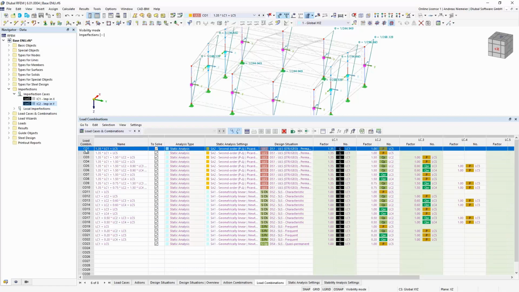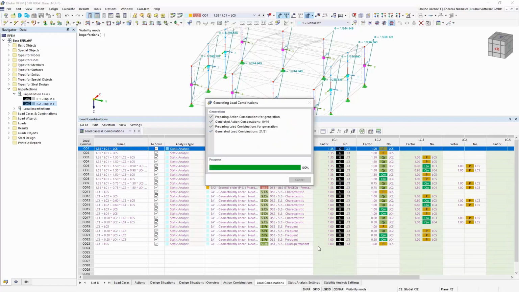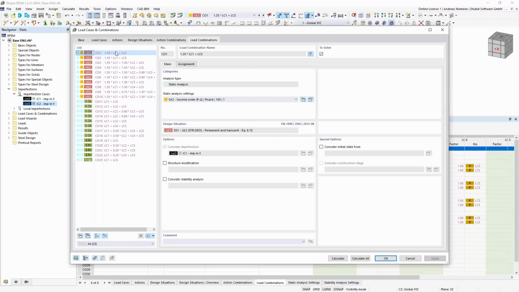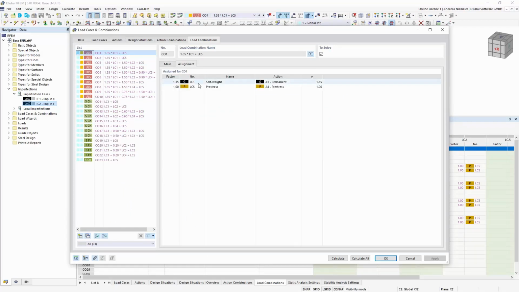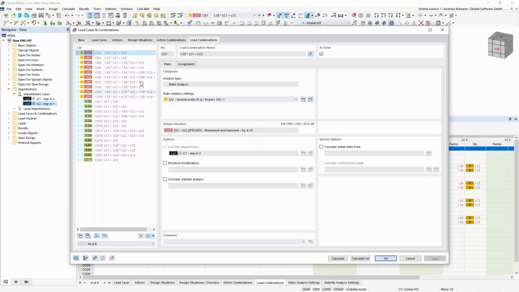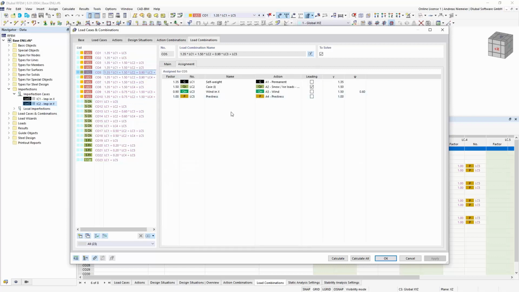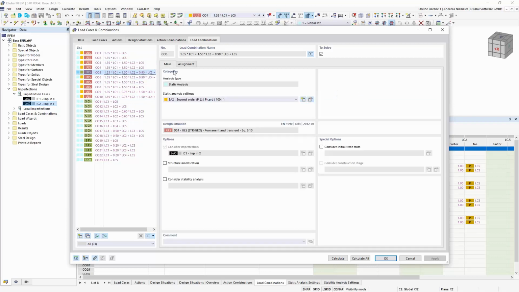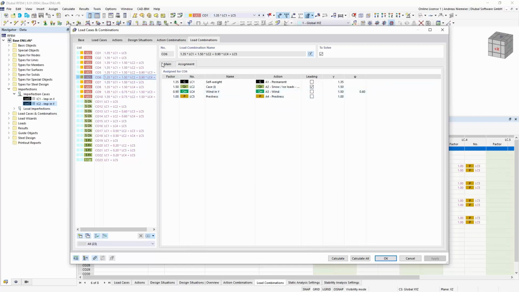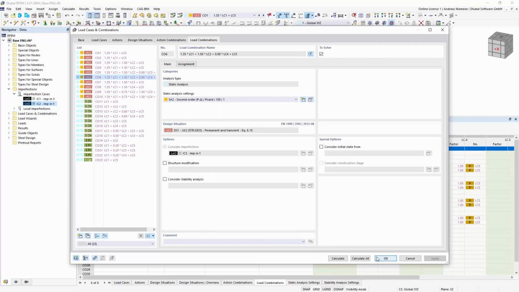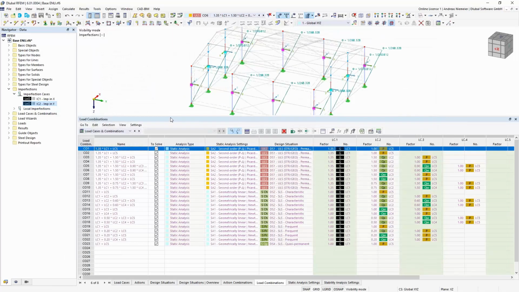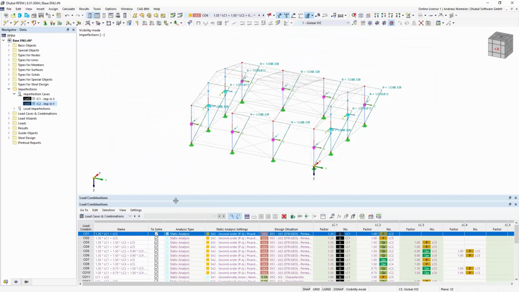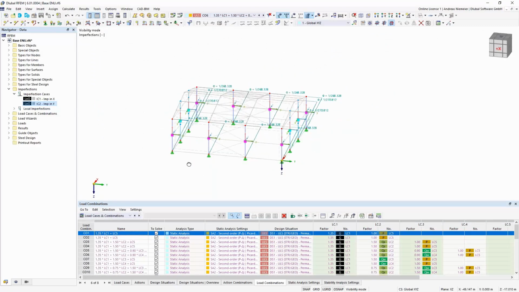We see assigned imperfections, and you see that the program created us some combinations doubled, because we have here for pure self-weight imperfection in X and in Y direction, because the direction is unclear. But for situations where we have a clear wind direction, we have imperfection in X, and for another one where wind is in Y direction, imperfection in Y direction. So this was everything regarding the combinations, and now we can go to the design of everything.